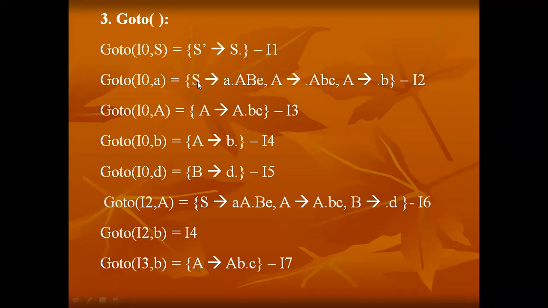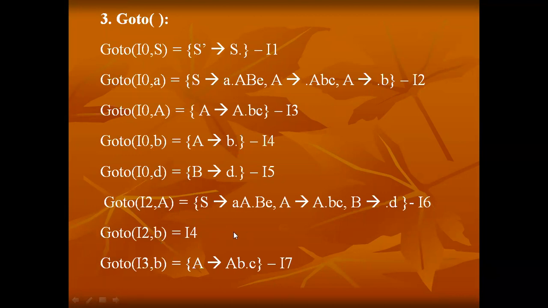And see here, these 2 in I2 is completed. I processed for these 2 production rules by calling the goto function. And here A tends to dot B. That means we need to compute the goto for I2 comma small b. And if I compute goto of I2 comma small b, when already I done a computation with I0 comma b. See here, A tends to B dot. This is the output, the same output I am getting here when I compute with an I2 comma b.